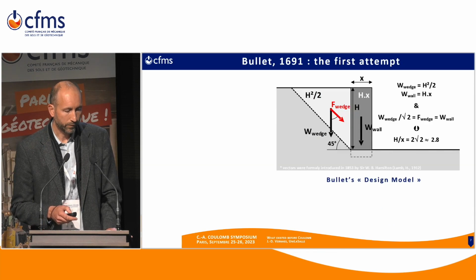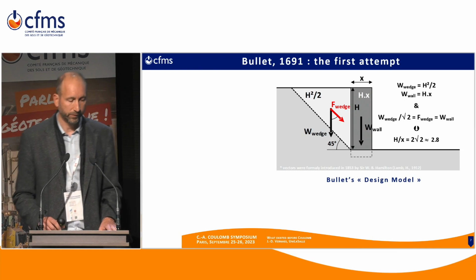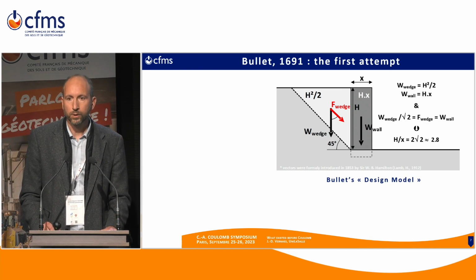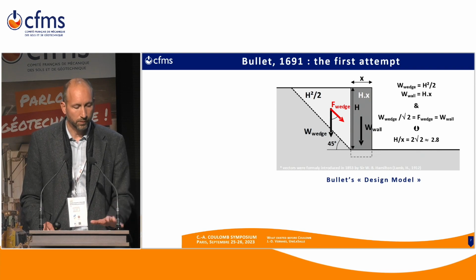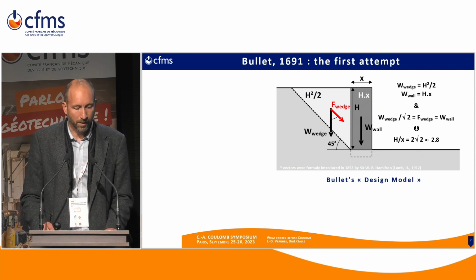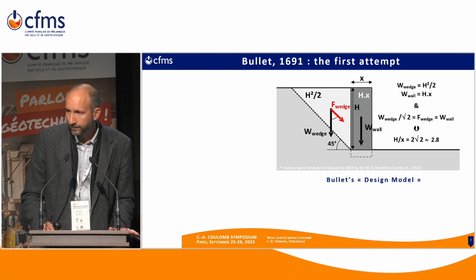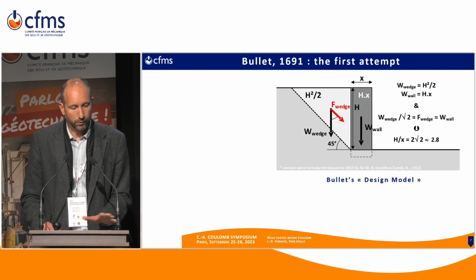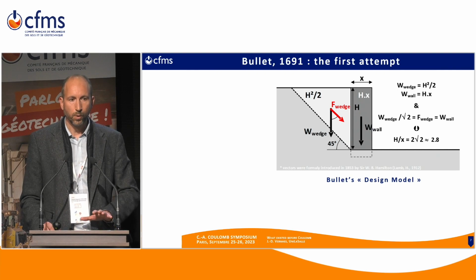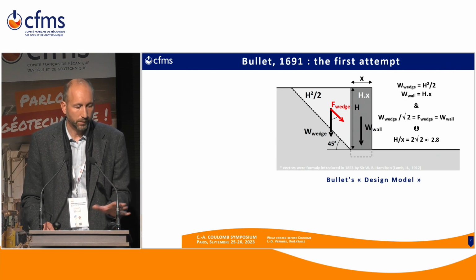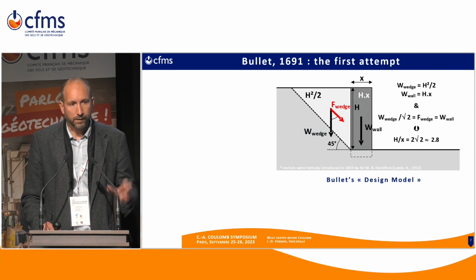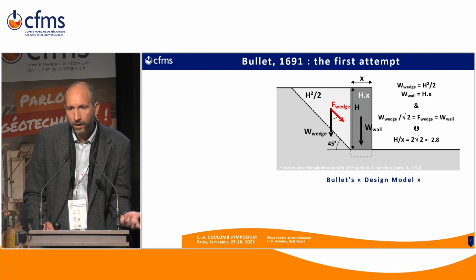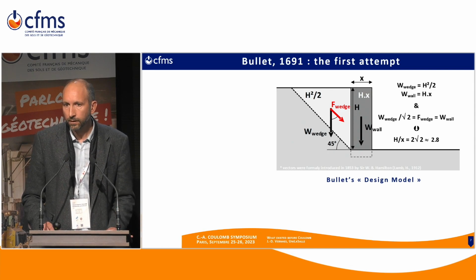We'll, for a start, have a look at his own theory. This is what we could call a design model. I had to use two different words to talk about their models. This is the first type of model, which is a design model. It's very basic, as you see. It just consists in finding the equilibrium between the weight of the wall, its surface here, and the weight of a certain region of the ground, which looks like a wedge, and he equates the two values and defines the unknown, which is x, the width of the wall.